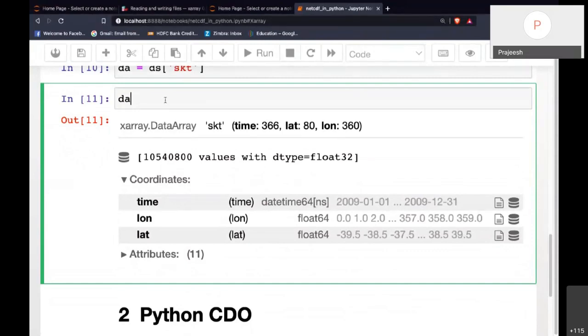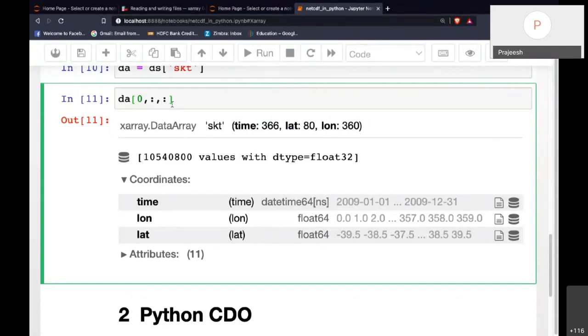To plot it, you have to slice it into a two-dimensional array. Here you can see this is a three-dimensional array. I am fixing the time axis to the first one, 0, and using everything else.